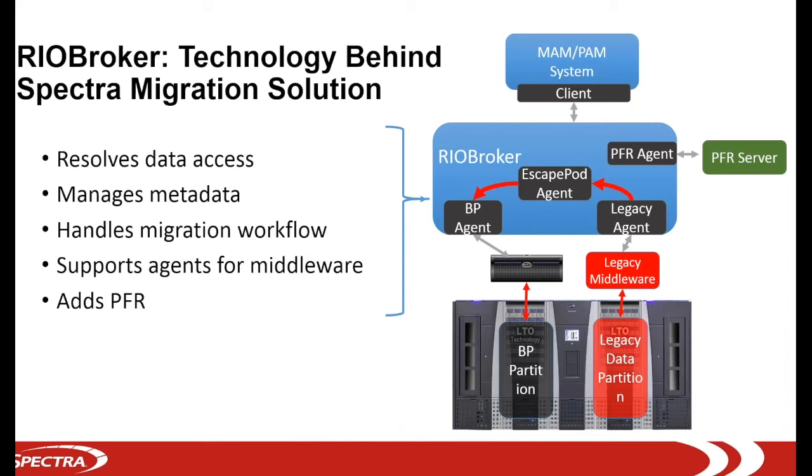So it decides where the data is pulled from. Rio broker will receive a request from the client system, and it will decide whether it needs to pull the data from the legacy agent, whether the data is still residing on the legacy data storage location, or whether it needs to pull it from the new storage, the BlackPearl partition on the end storage. So that's very important. You can have two locations all running at the same time, and your media asset management system does not need to be aware where this data is residing. We take care of that